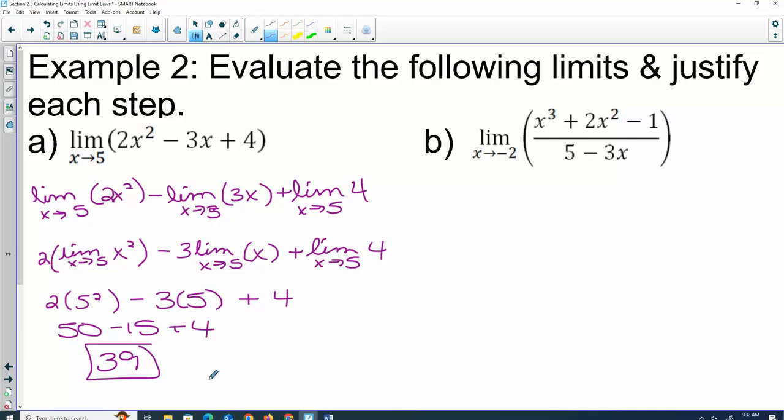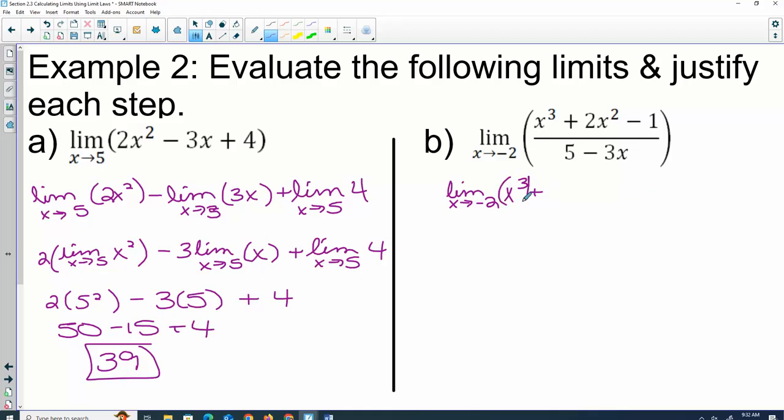Does that mean we can always just plug our x in? No. But if the rules allow us, then we can. So that's why on these first couple I'm showing you all the rules, and that's why we're allowed to just plug in. All right. So for B, we know that if we have a division problem, we can do the limit of the top and the bottom. Can I go ahead and take this to each one as well? So the limit as x approaches -2 of x cubed